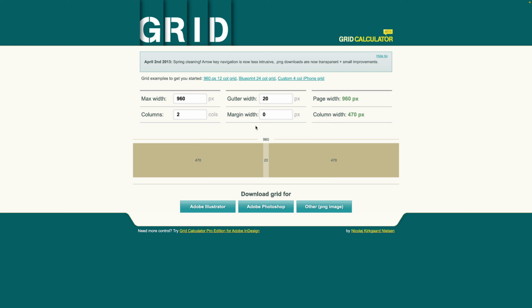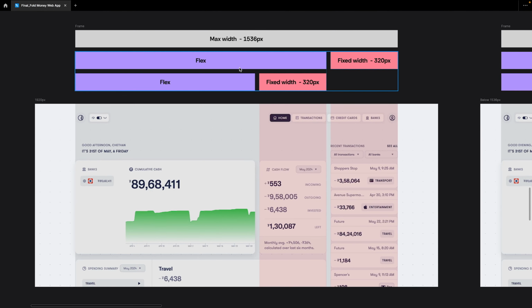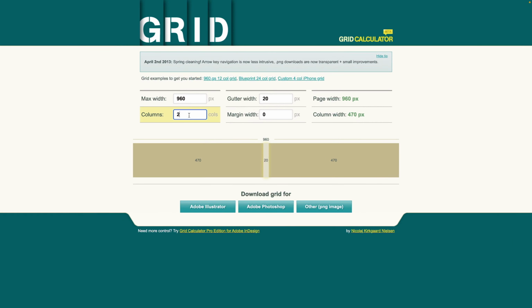Now, essentially, if we do the math over here, you can see I've set the maximum width to 960. So this entire thing you can see over here is 960 pixels. So this is 470 plus 20 is 490 and 490 plus 470 is 960. So now the math really works. Now let's use our numbers and see if we could make a 12 column grid and we should apply this 20 pixel gap that we have. So if I now set this to 12 columns, I set the gutter width to 20,